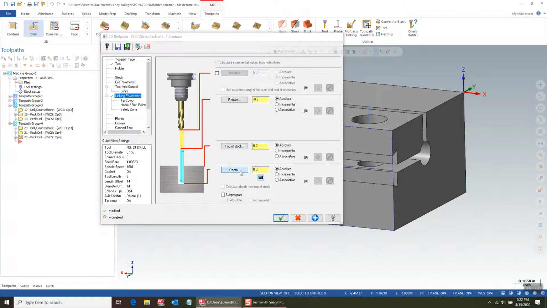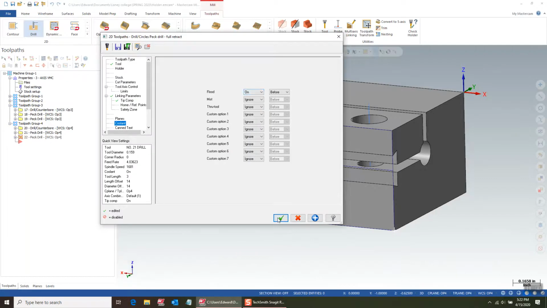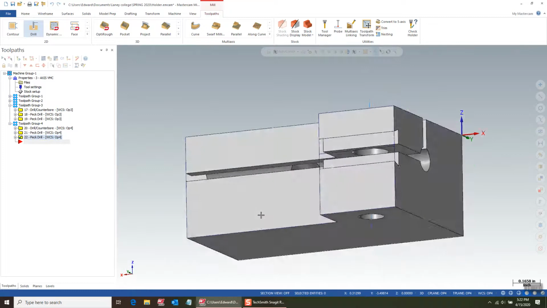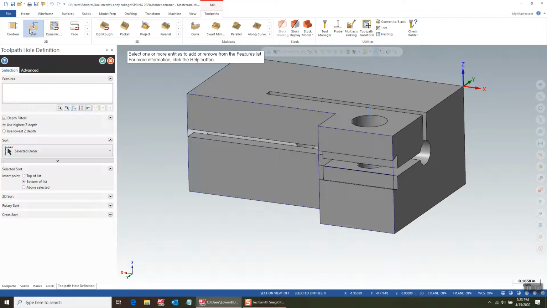Top stock is 0. Depth, I'm going to drill all the way through the part. So minus 0.625 for the depth. And tip comp, this time I'm going to give it some breakthrough, maybe like 30 thousandths. And coolant is on, green check. So now I got the drill going all the way through. And I will come back and tap it. So drill, copy previous points, green check,